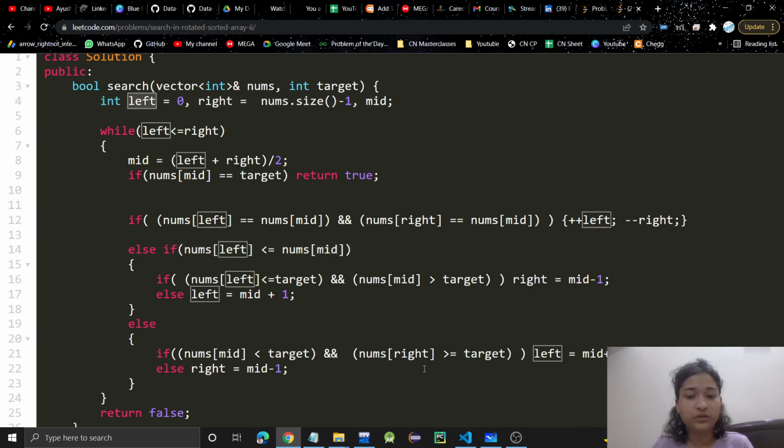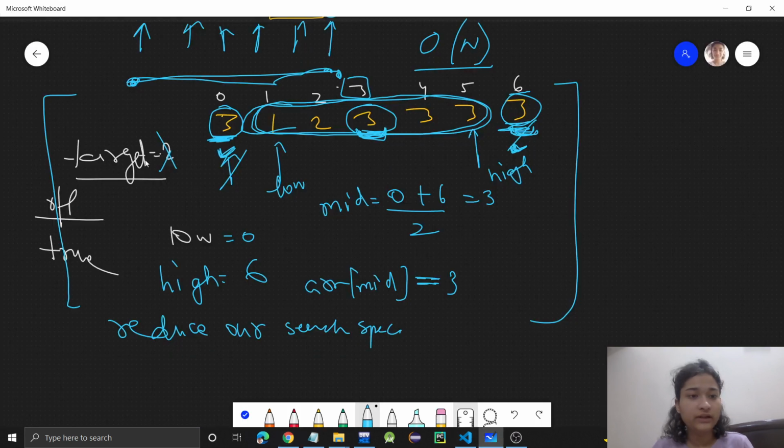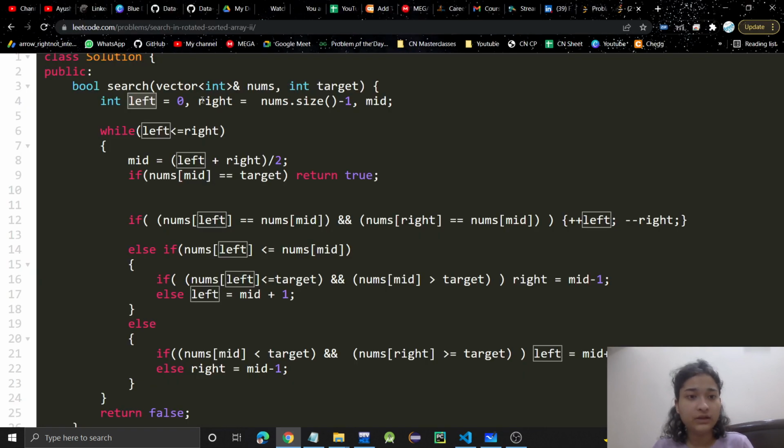Here left is the low and right is high, at the last index, while left is less than or equal to right. This is classic binary search. If you are not aware, I highly recommend watching the video on binary search first; the link will be in the description. Then we are finding mid. If nums of mid is equal to target, meaning we found it, return true.